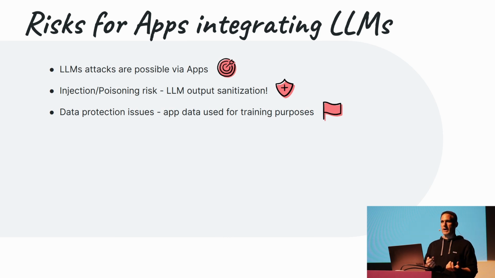For instance, OpenAI and GPT, they have different policies depending on the kind of subscription that you have. If you are using a personal account, they state very clearly that they are going to use all your conversations to train their model further. So who knows, maybe the data that you are feeding to the network is going to be part of the training data and may be disclosed later in a future version of the model. So you have to be careful about that. For OpenAI, I think the enterprise level subscriptions and team subscriptions offer this protection where they guarantee that they won't use your input as part of the training data.